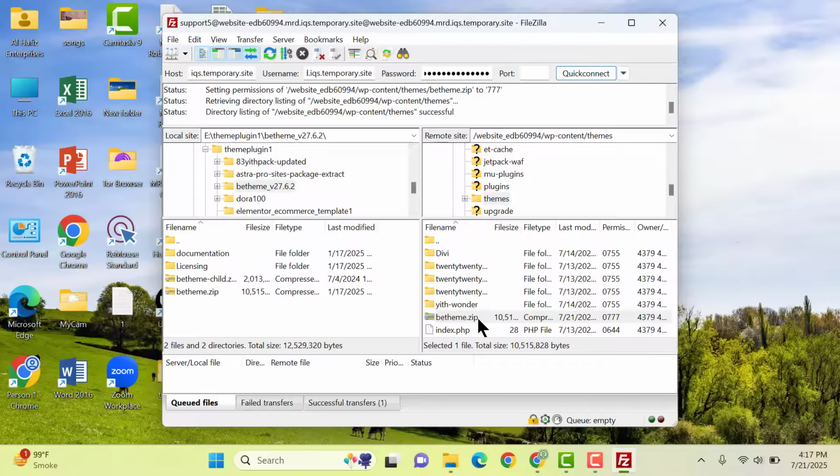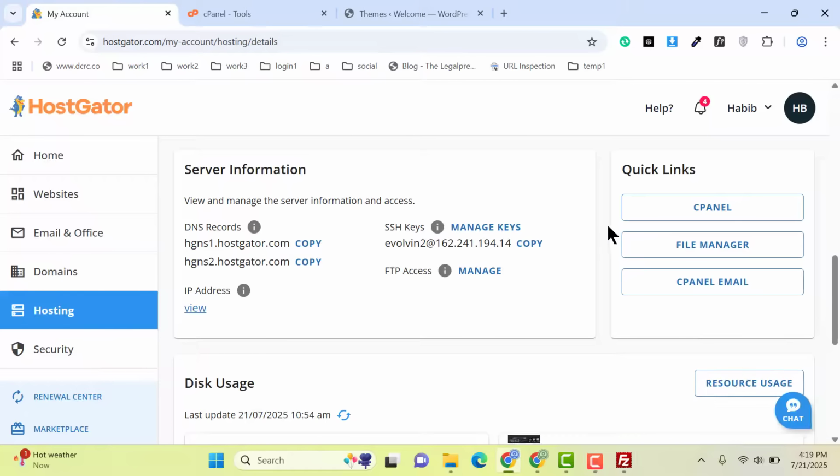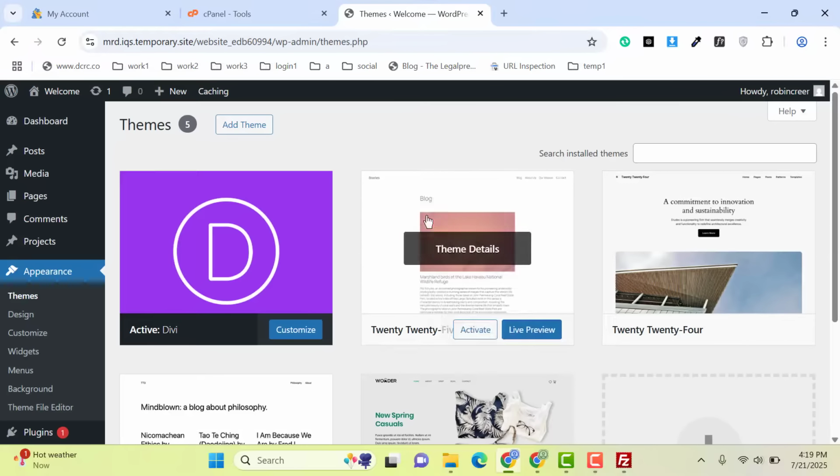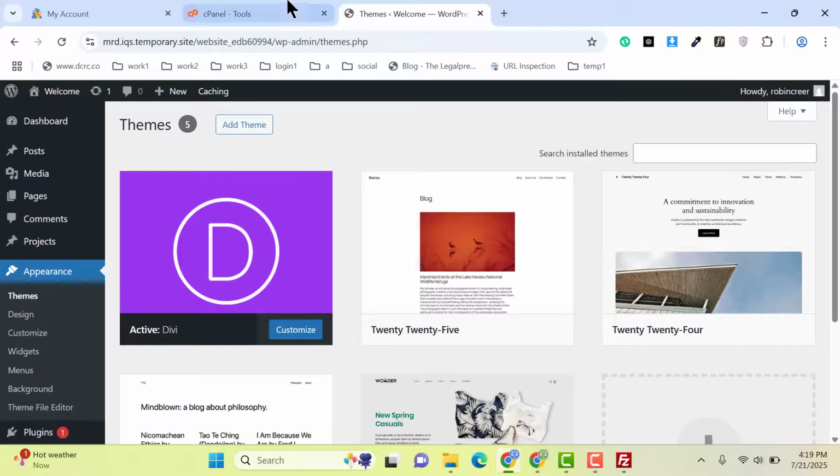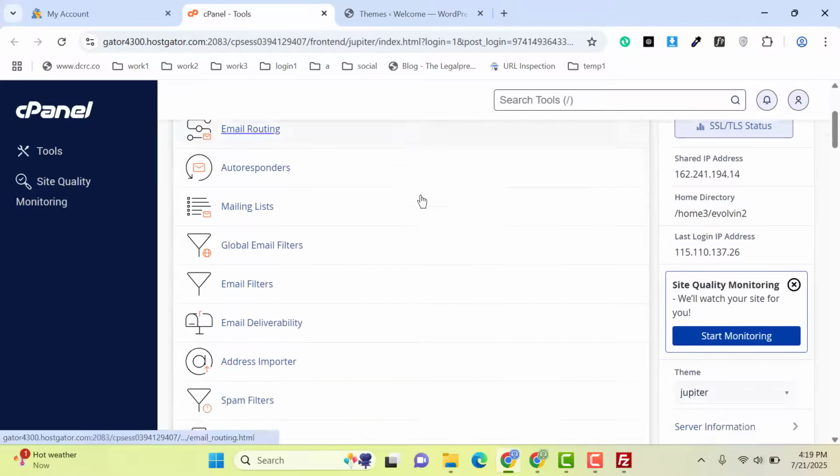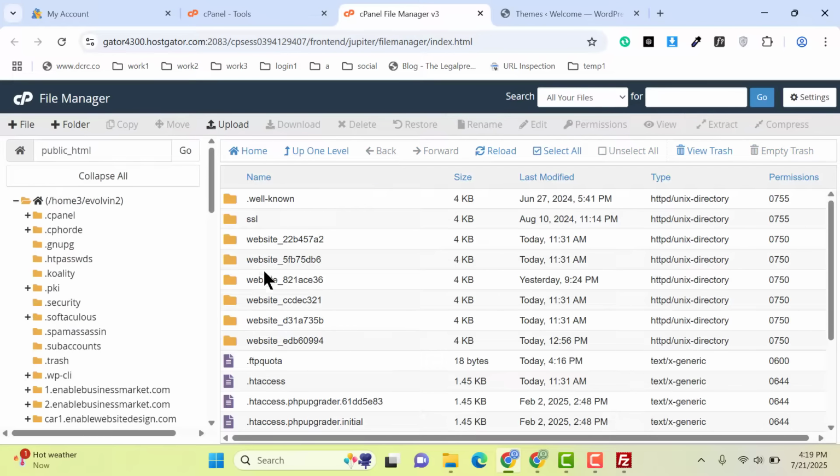cPanel. So now let's go back to the cPanel. Okay, now let's go back to the website dashboard, and here you can see we have uploaded the theme, but that is not available here. So how can you fix that? You can go to File Manager, click here, and then let's go to this website,